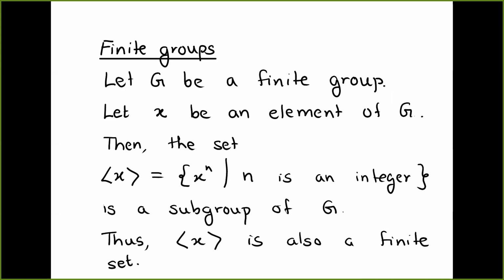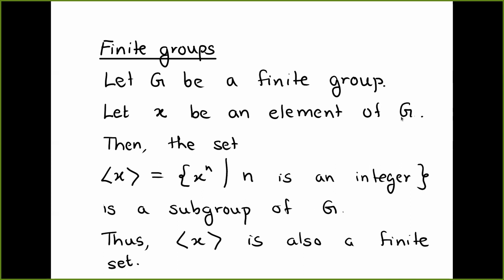Let's look at them. So G is a finite group. I will come up with one basic property of this. Let X be any element of G, and then I look at the set of all powers of X. I know that this is a subgroup of G. I observed that earlier. I'm not going to really use the subgroup part yet, but just observe that this is sitting inside G, and so this also has to be finite. It looks like an infinite collection because X to the power anything, but really this is going to be a finite collection, meaning that there's going to be lots of repetitions simply because all this is sitting inside